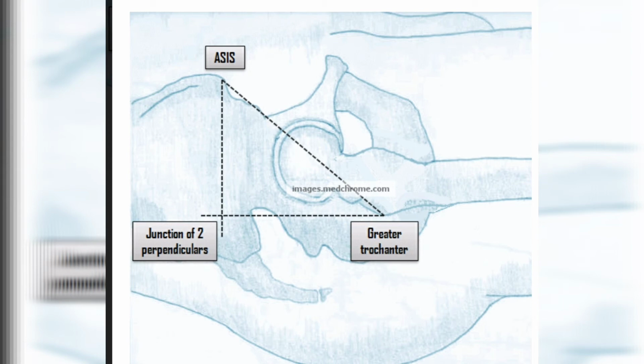TB hip has insidious onset pain, night cries, progressive limp and early limp, but in AVN late limp is seen. Restriction of movements in all directions, wasting and constitutional symptoms.